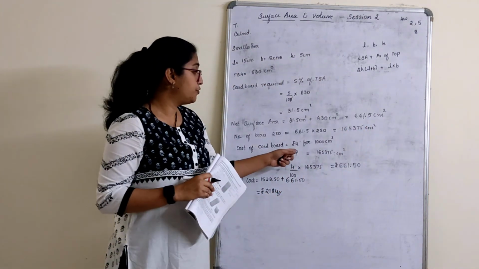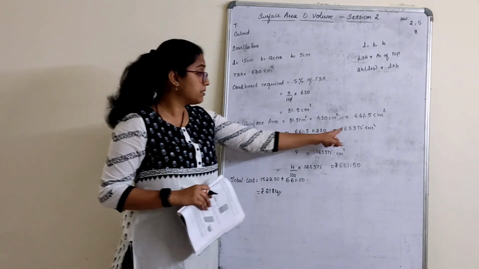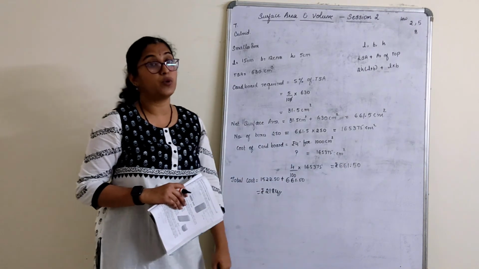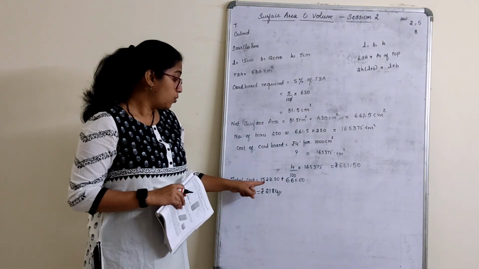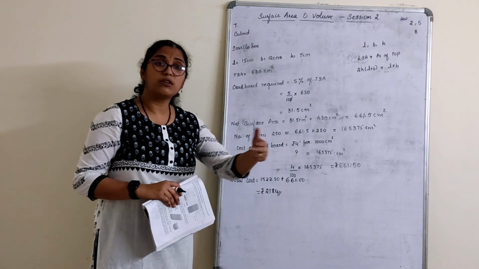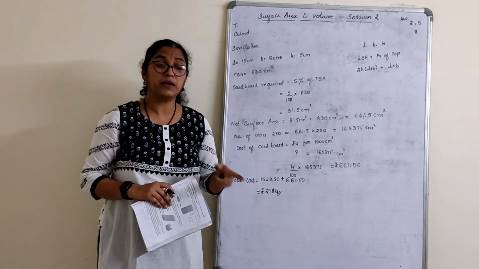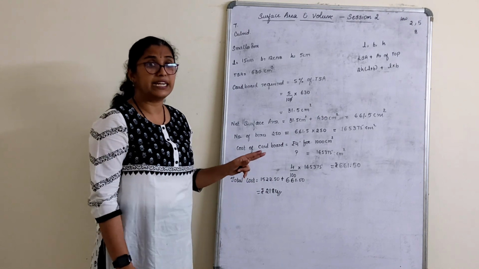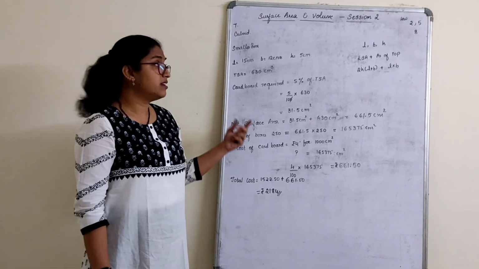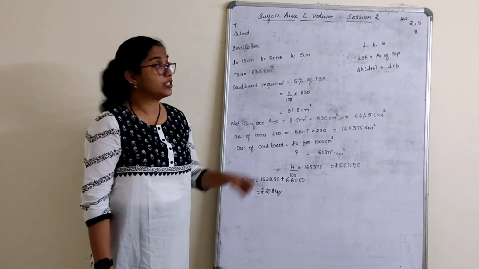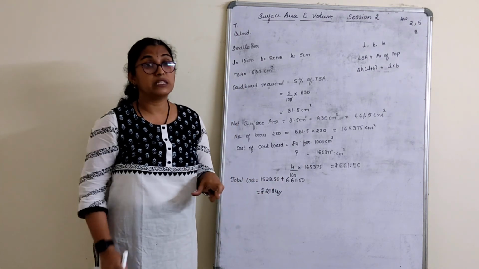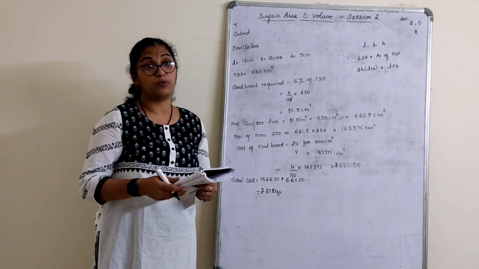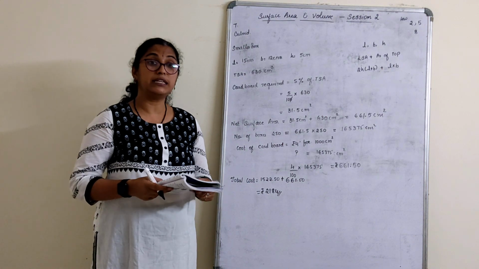The cost of the cardboard is 4 for 1000 centimeters square, but my area is so much. So what will be the cost? I found it as 661.50. There the cost was 1522.50. In total, how much am I spending on these smaller and bigger boxes? I am spending 2184. I think you have got an idea now how to do this sum. Lengthier one, but you can do it twice and finish it. I have given you 3 homeworks. So with this we complete the first exercise, which is about surface area of cube and cuboid. The next exercise will study the next solid figure.